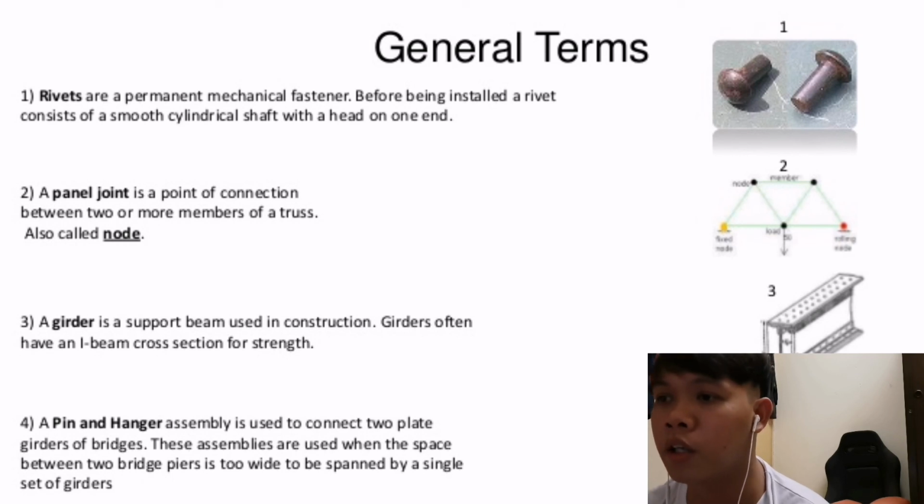And the last one, a pin and hanger assembly is used to connect two plate girders of a bridge. These assemblies are used when the space between two bridge piers is too wide to be spanned by a single set of